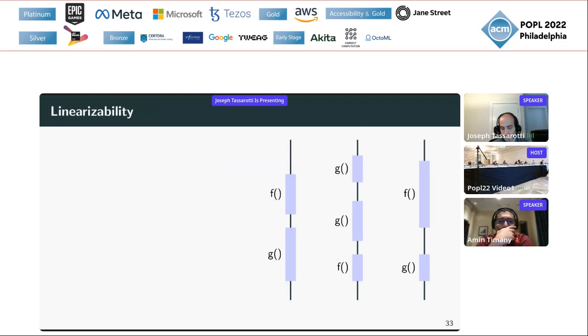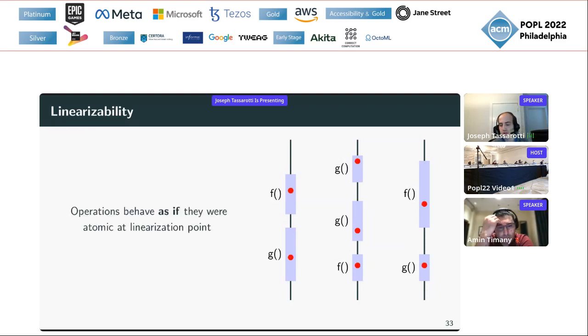So the idea behind linearization points and linearizability is you have some data structure that exposes operations, say F and G, and you want to prove that these operations behave in an atomic fashion. What you have to do is identify the so-called linearization point at which we can think of the operation as atomically taking effect. So here I'm indicating those points with red dots. So the idea is you have to show in the duration of the call of, say, F or G, you have to pick out the point at which the operation has done its atomic effect.